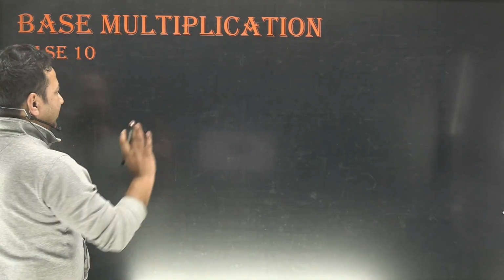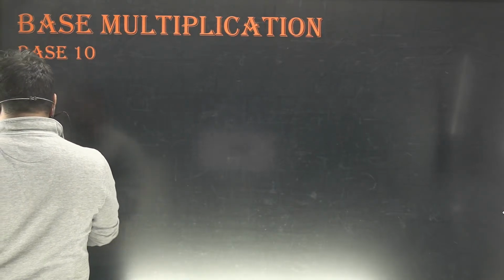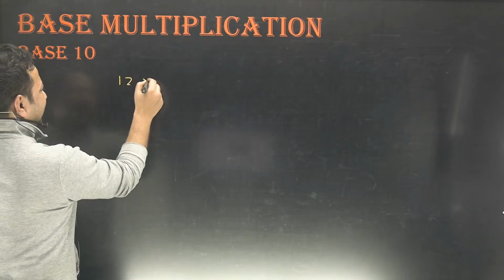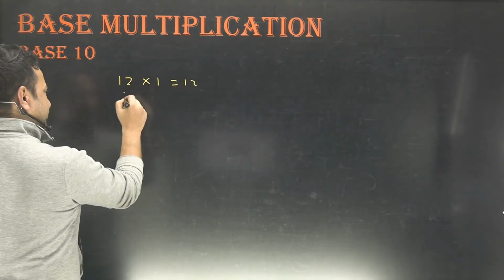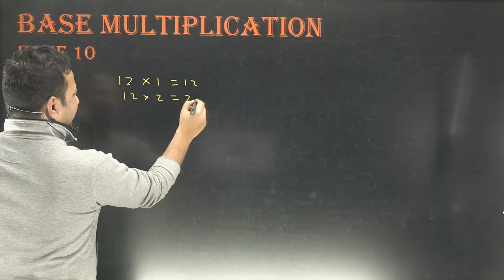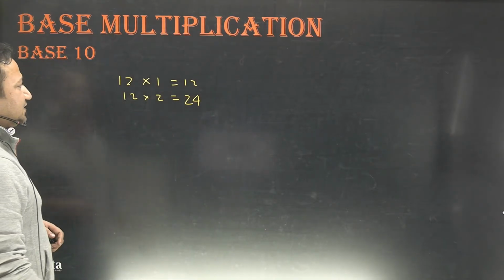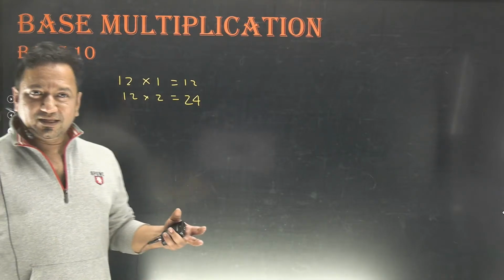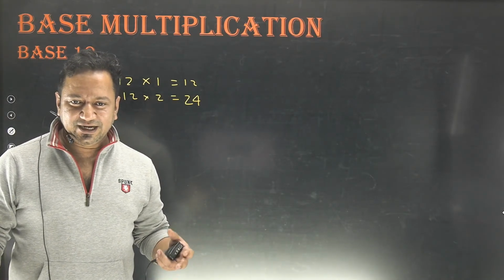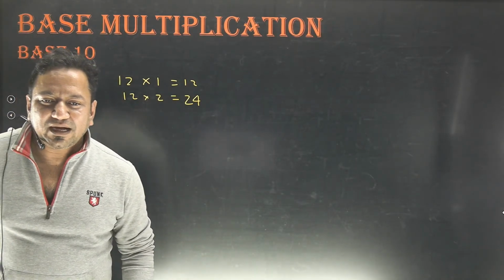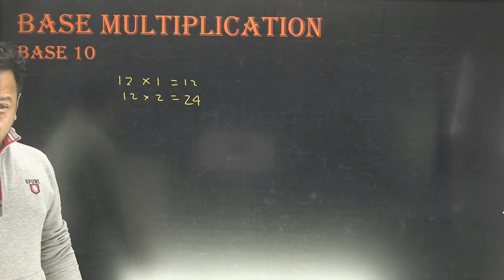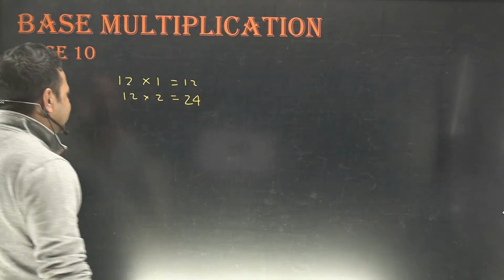Just tell me. So basically, I'll take an example of the table of 12. We did it like this: 12 into 1 is 12, 12 into 2 is 24. When your parents or teacher asked in a sequence, you were able to answer. But if they write 12 into 1, then 2, then 7, at that time you will feel, oh, the sequence is broken. That happens with young kids.